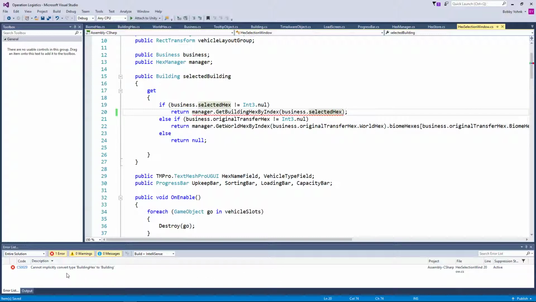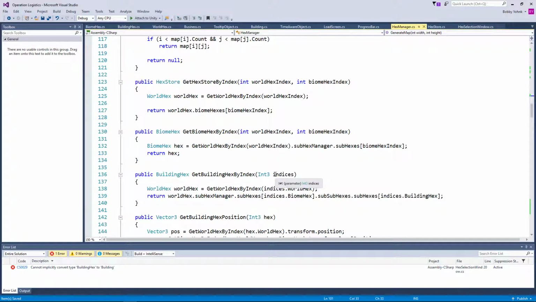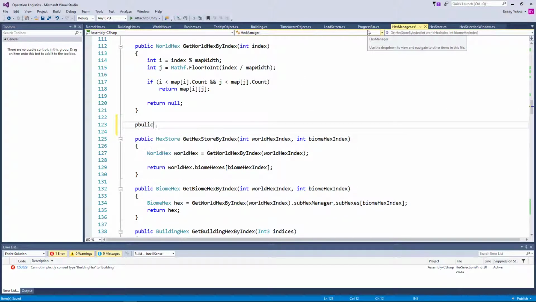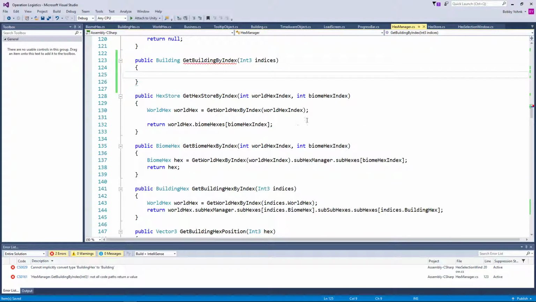Cannot implicitly convert type building hex to building. Right. That is accurate. So let's go ahead and do public building get building by index. Not building hex, just building. And this is going to be int3 indices. And then we are going to be returning